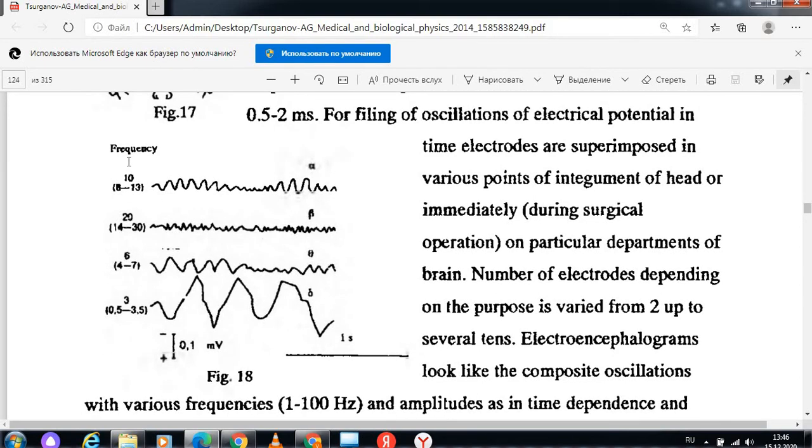Yes, we have different frequencies here and the time dependence, and don't forget that we always have a calibration of the signal. We need to make a calibration, so we always put on the graph the lengths of these